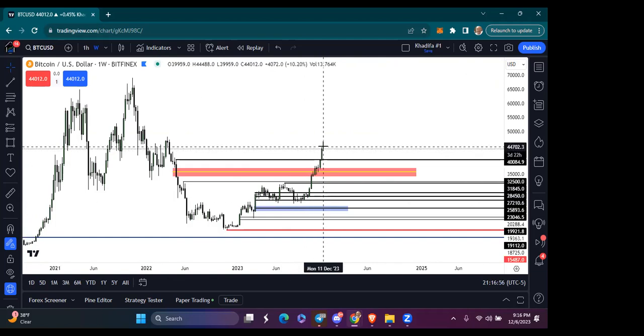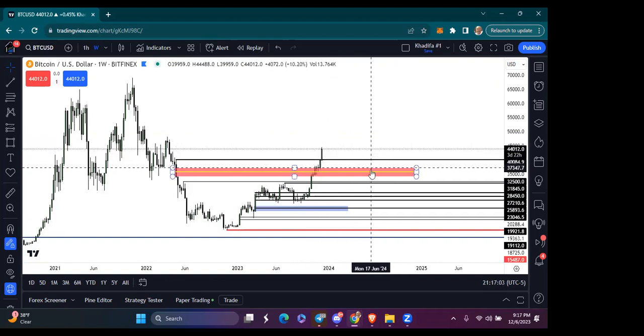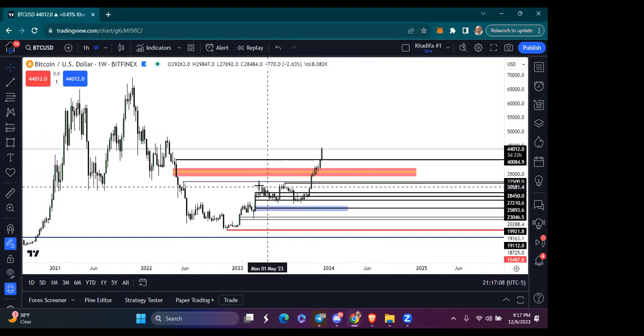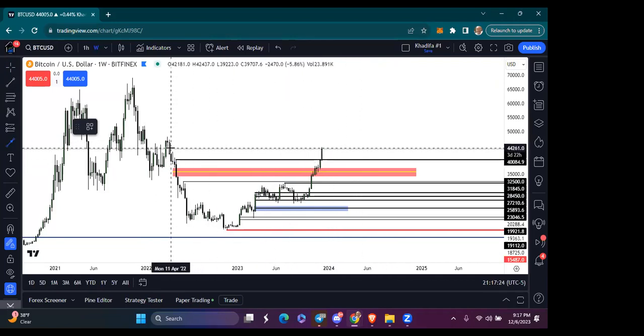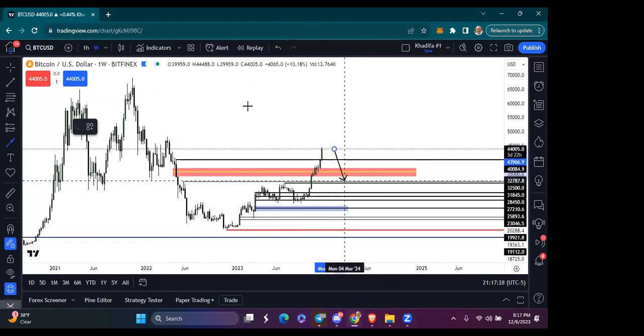We're seeing price move up, right? We're in December, same month, right? Price is going up. I think we're going to see a drop back down on top of this market structure right here that we was waiting on price to get above to get us up to 40,000, right? I think we're going to see price push back down to that structure from where we're at, right? Inside of this weekly fair value gap that we're inside now. I think that we push back down